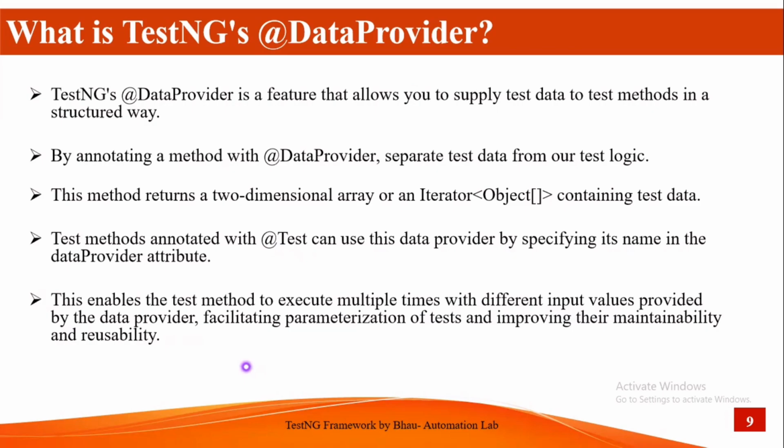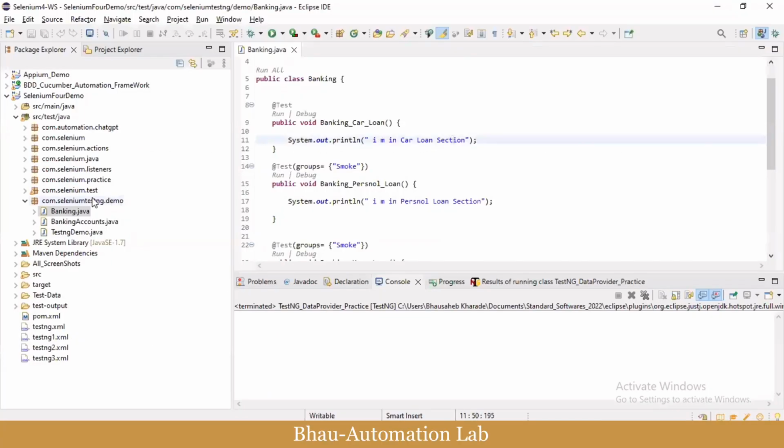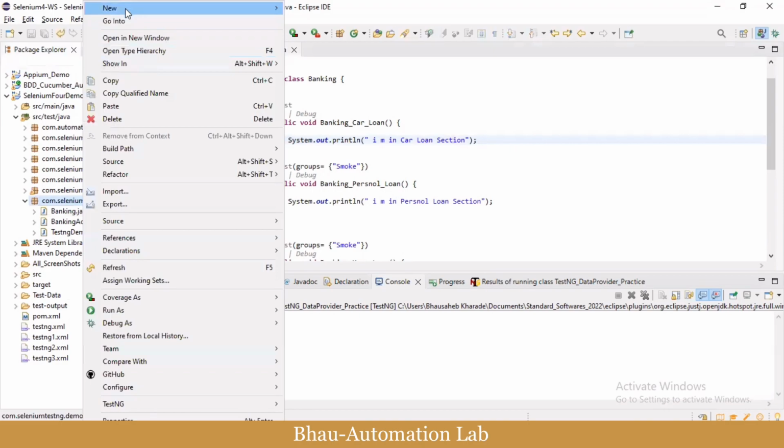For example, let's understand this concept practically first, so that you will get a better idea of what this data provider annotation is, and why it's very important while working with the TestNG framework. Because whenever you want to do data parameterization, you need to use this data provider annotation. If you want to test a single thing with multiple test data sets, you need to use this data provider annotation. So simple. So let's go to Eclipse,